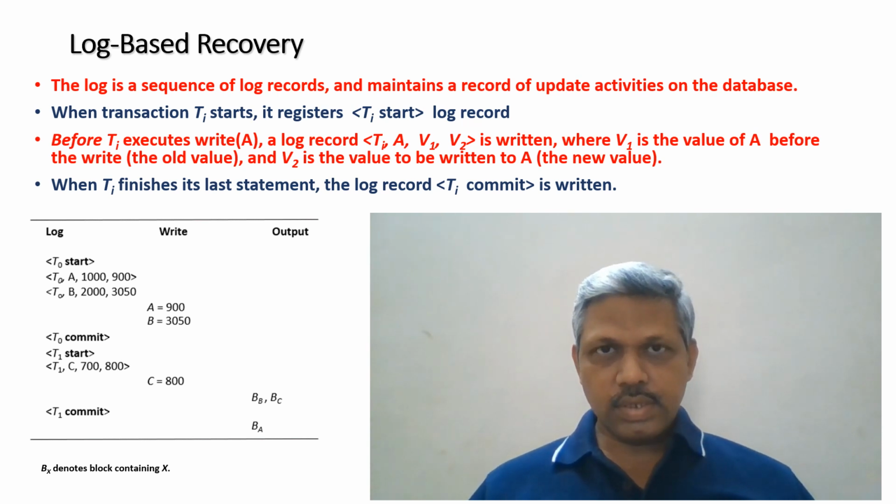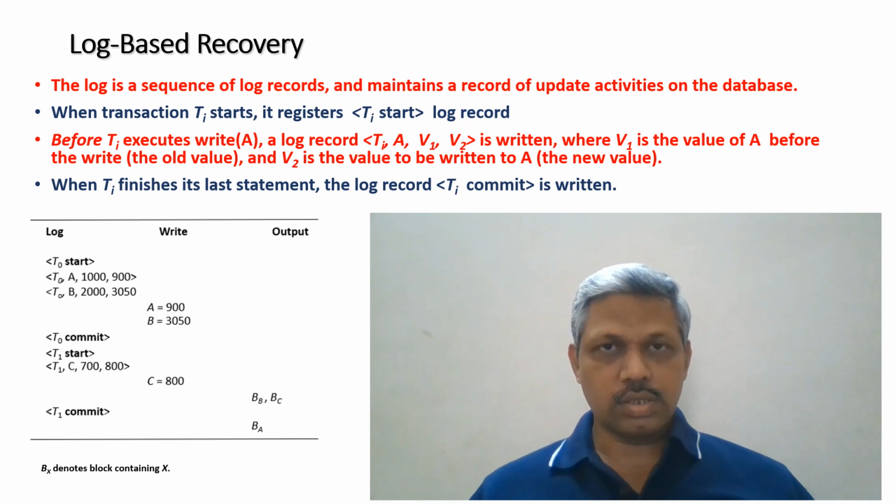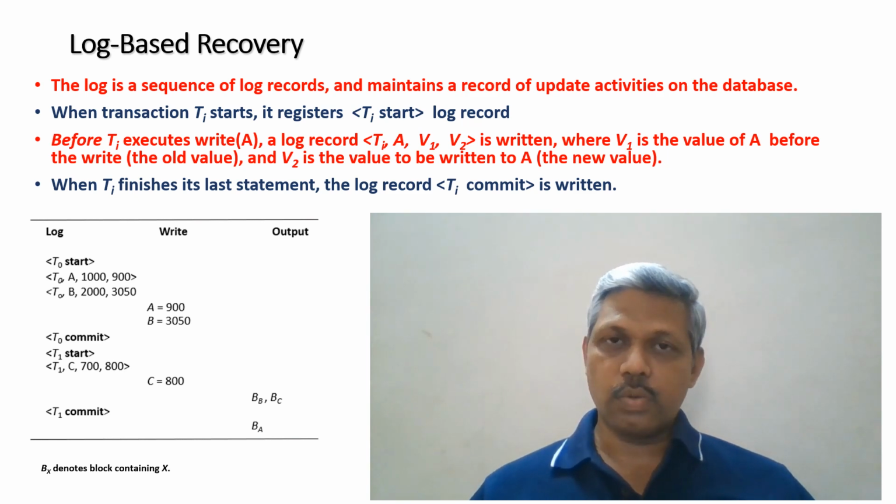Here we treat the database as modified only when the local copies of the transaction are updated on the stable storage. We don't treat it as a modification when the local copies are updated, but only when we transfer the data blocks from main memory to the stable storage. Not only that, whenever the transaction commits, by that time it should have transferred all the log records onto the stable storage, and the Ti commit log record is created. Only then is the transaction said to have been committed.